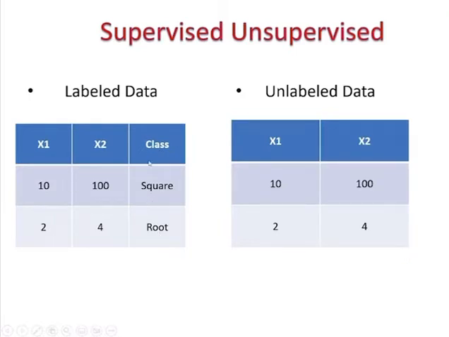So there exists a class here. It's more or less that you act as a teacher supervising a student, where you say, okay my student, if a variable is 10 and another variable is 100, then we can classify that as squared. You are giving the answer to the student, and that is why it is called supervised learning. Now when you have another one, if a variable is 2 and S2 is 4, then you classify that as rows. So this is supervised